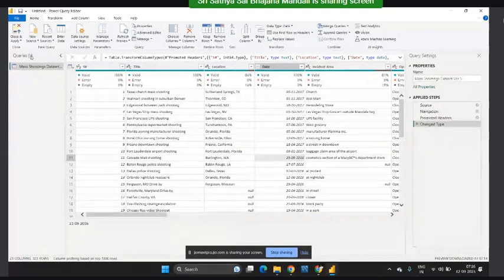Coming to the left side, we have Queries. We need to call them queries. In SQL also, you call them queries, right? Here also, each and every Excel sheet belongs to one query. Like that, we can see how many we have. Now,